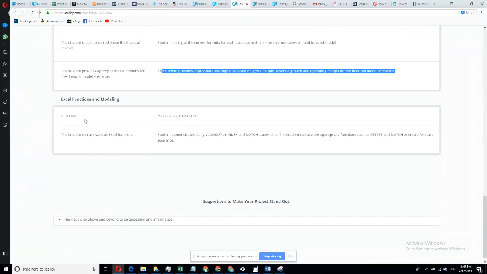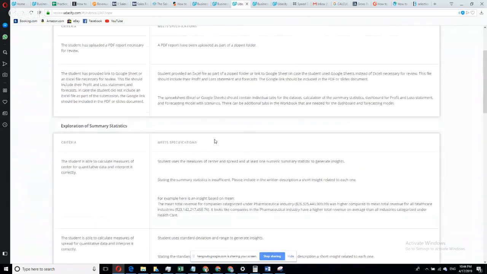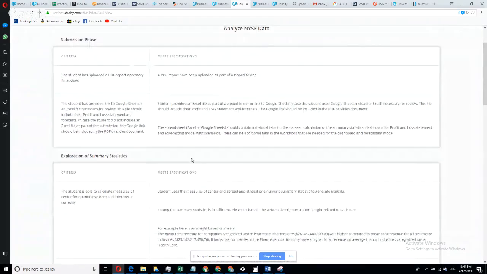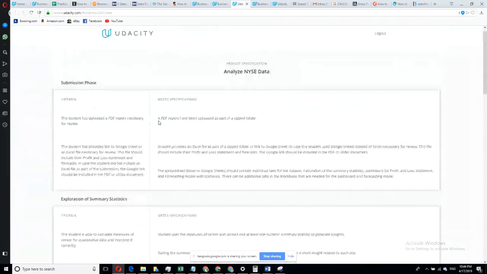And here's about the use of Excel. The student can use various Excel functions. The student demonstrates using VLOOKUP, INDEX, and MATCH statements. So basically, one would have to make sure that his or her project meets all of these rubric items. So